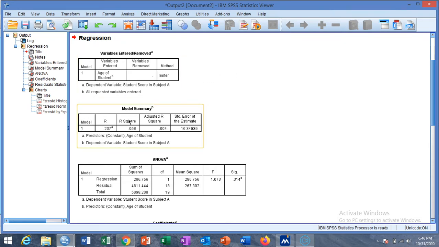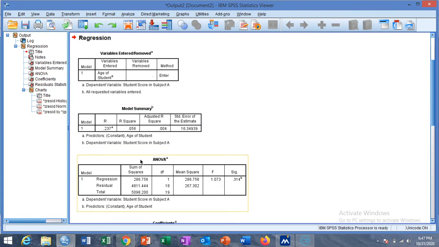The model summary provides the value of R square for the full model and the simple model with intercept only, and this is the adjusted R square, which is very small, and this is the standard error of the estimate, which is the value of sigma hat, obtained by dividing the sum of squares of residual by the degrees of freedom n minus 2, as there are two parameters in the model.